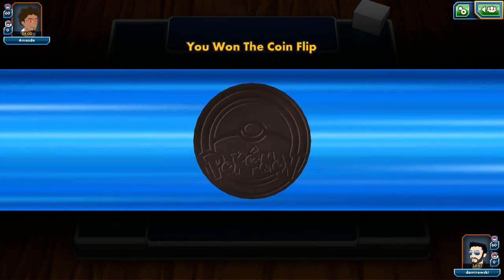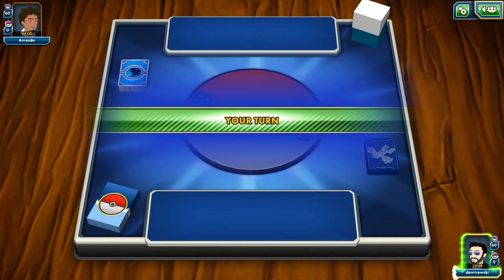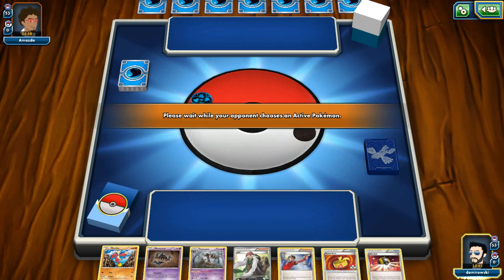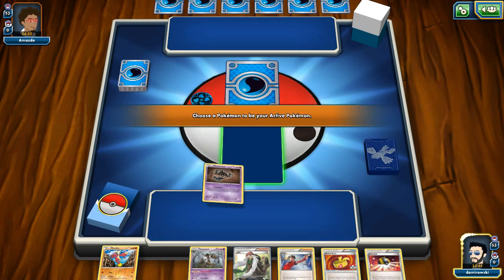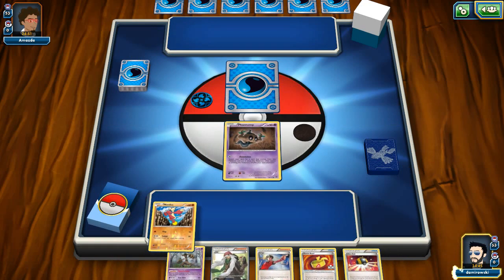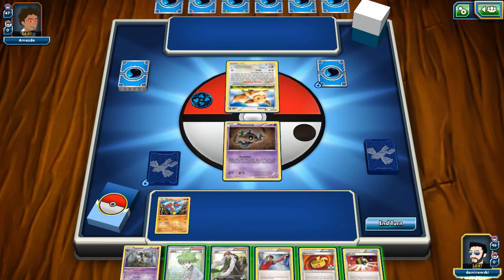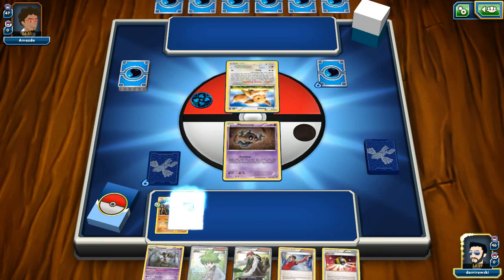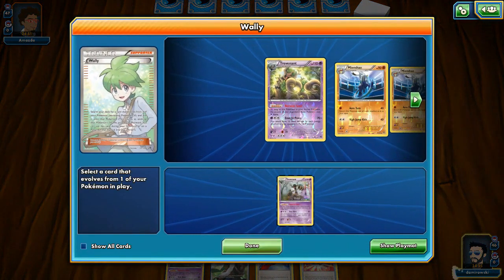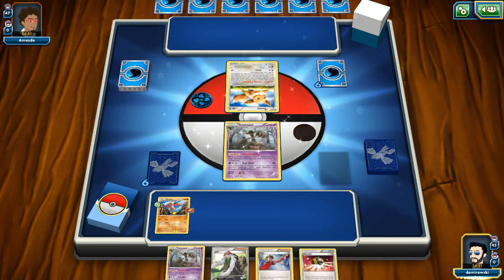Oh, really nice. So I won the coin flip and I start first in this game. Phantom. Well, maybe I can find Wally and actually evolve into Trevenant. Oh, I just top decked Wally. That's ridiculous. So we won't just waste the time. We'll just evolve the third Trevenant,